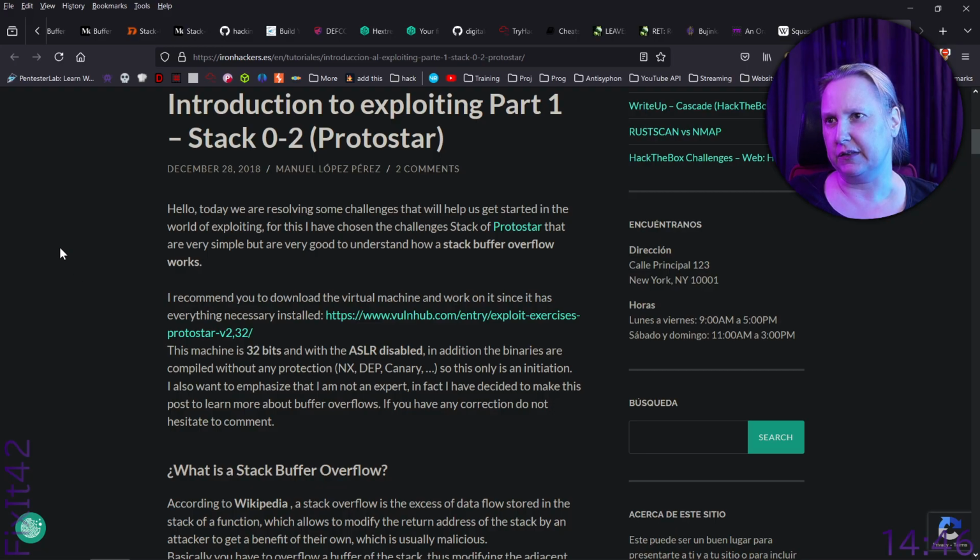I've chosen the challenges stack of Protostar. Very simple but very good start and send stack buffer overflow. So yeah, that's what I want to do. Virtual machine and work on it since it does everything necessary installed. Yeah, so this is the reason why it would kind of be nice to have that one, right? But we'll survive.